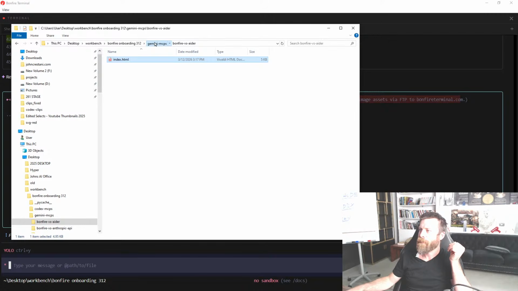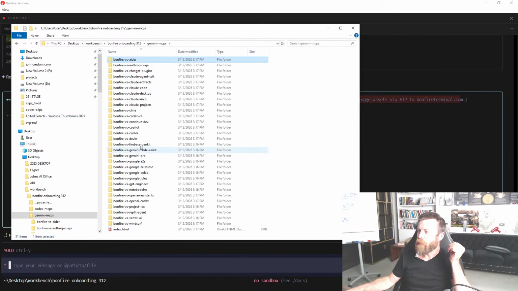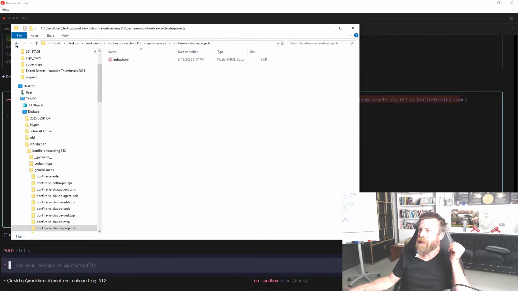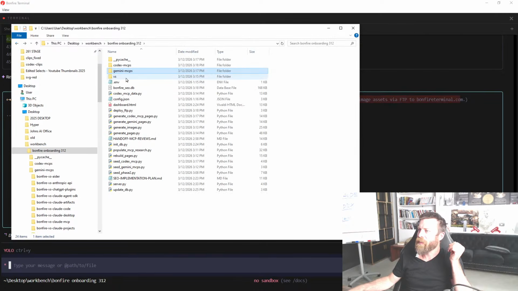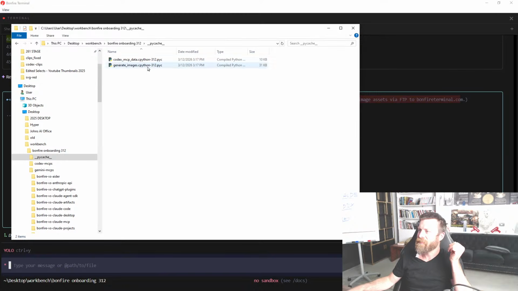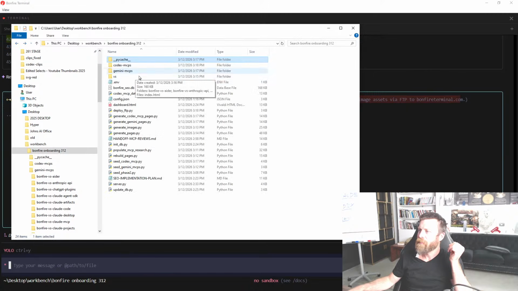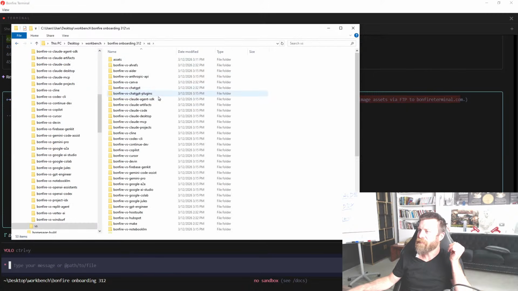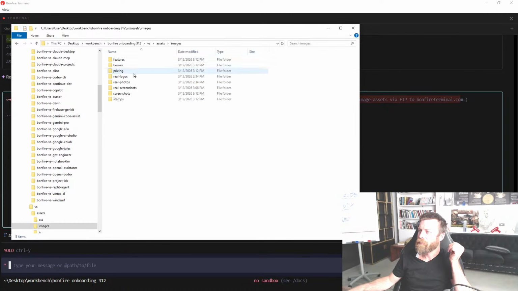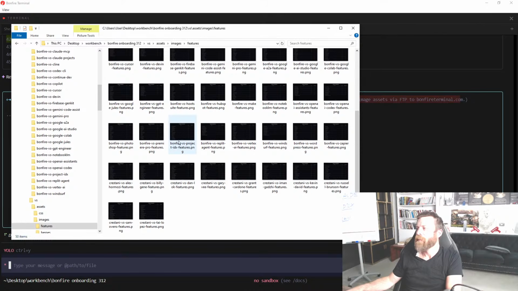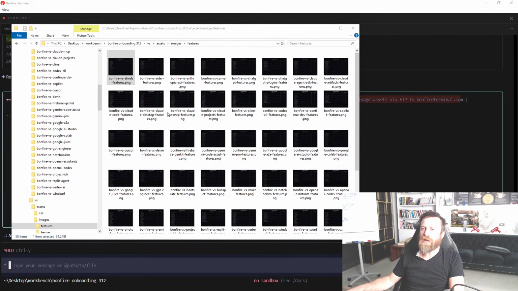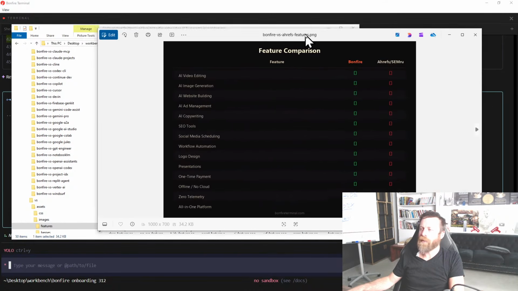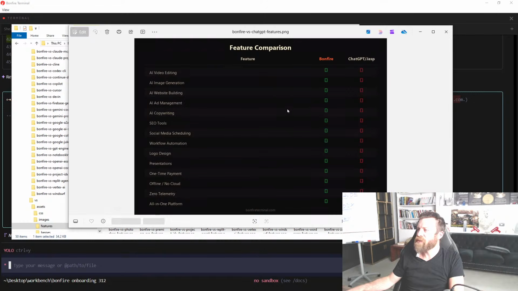Okay. So it's saying it has 180 image assets, and what I'm going to see is where are these image assets? I don't see any of these image assets. Oh wow. So it's generated a buttload of images for us,